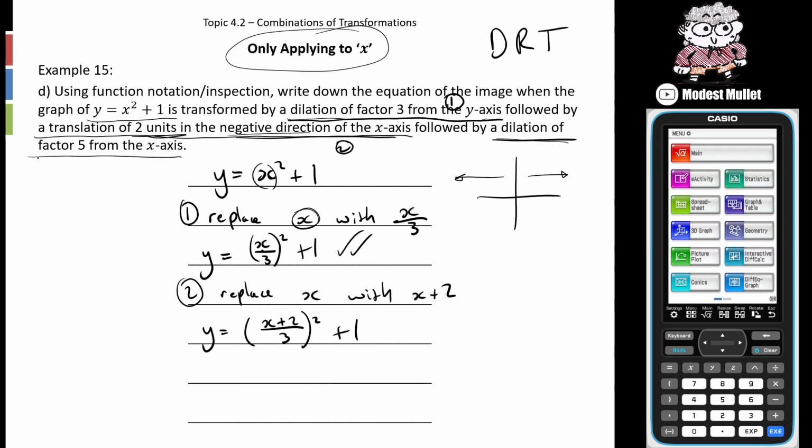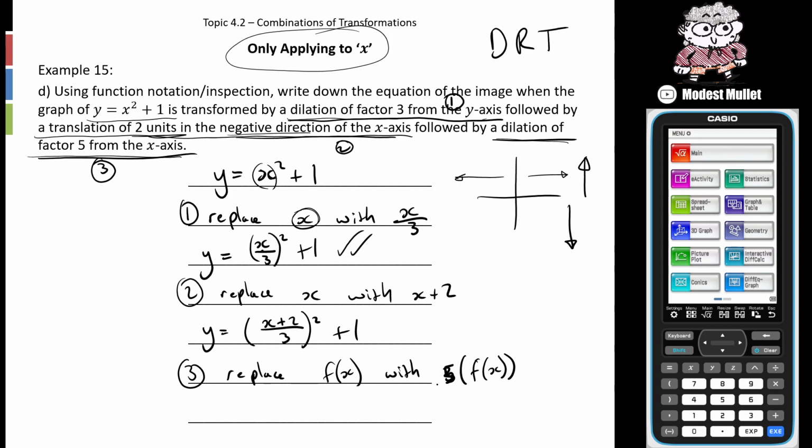And then we can finally look at our third one. Okay, dilation of factor 5 from the x-axis. So we're dilating from the x-axis, so we're stretching up here. The third one is we need to replace f of x with, in this case, 5 times f of x, since it's a dilation factor of 5. So the whole of f of x needs to be multiplied by 5. In this case, we're going to get y is equal to 5 times x plus 2 on 3 all squared